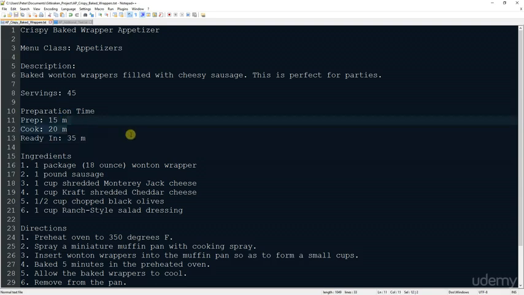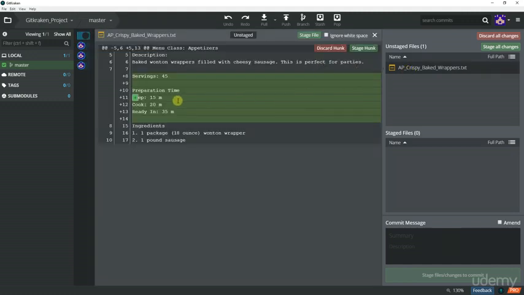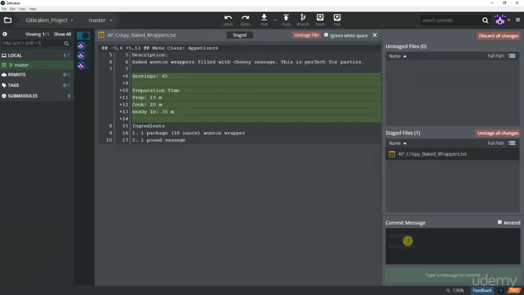Now once I save it, once again, if you go back to GitKraken, you will see that the file is detected by GitKraken as already changed, and this one is modified. It means that this file is different from the last commit that we performed, right? And when you click on the file, it shows you how many lines were added. So what you can do in here is just stage the file, and then in here you can just commit,